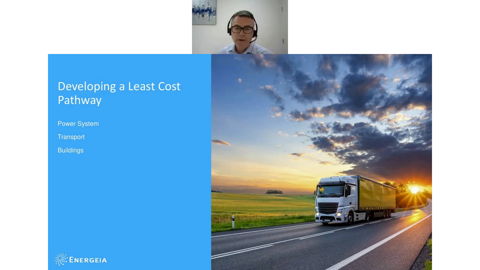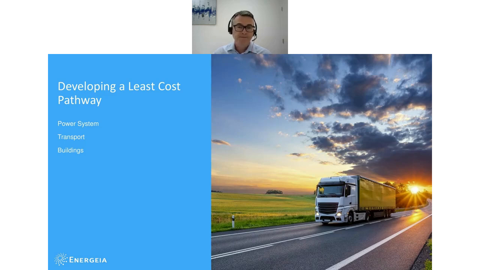So now turning to an example of how we've applied this model and some of the insights that we've been able to get. We're going to walk quickly through buildings, transport, and then some power system optimizations as well, just to give you a flavor of how this sort of modeling plays out. What are some of the key results and intermediate results, and how might they be of interest to anybody who's looking to either develop their own pathways modeling or to consider whether targets or the pathways themselves could be